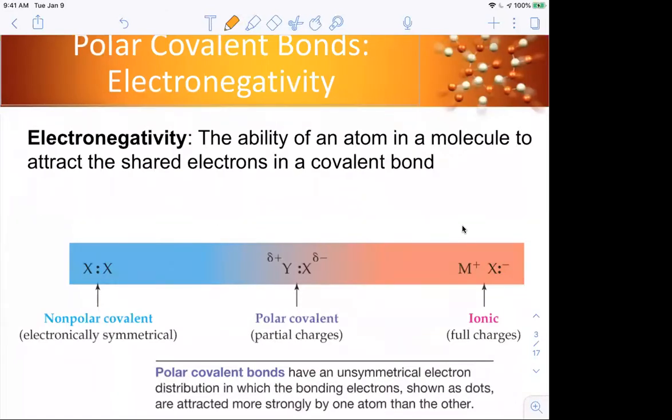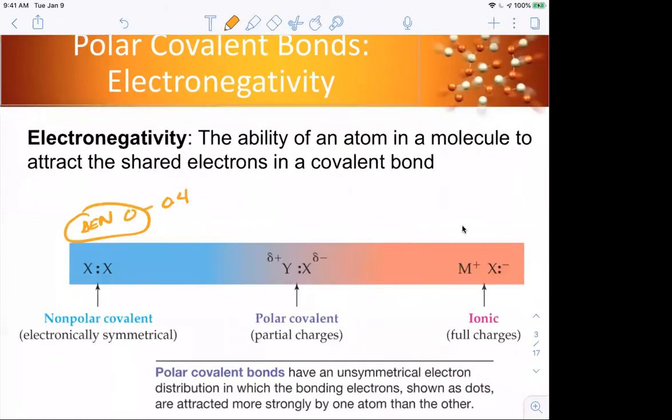Electronegativity is the ability of an atom in a molecule to attract the shared electrons in a covalent bond. If my electronegativity difference is in the range of 0 to 0.4, that's the difference in the electronegativities between the two atoms engaging in the bond,